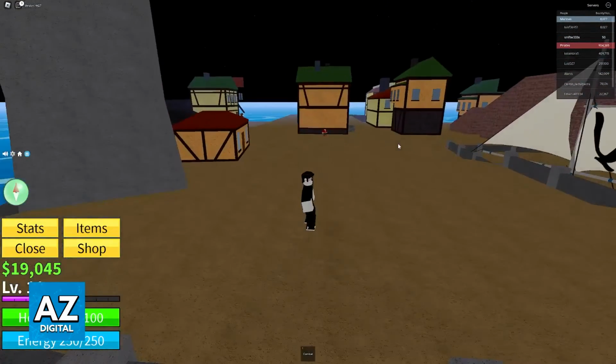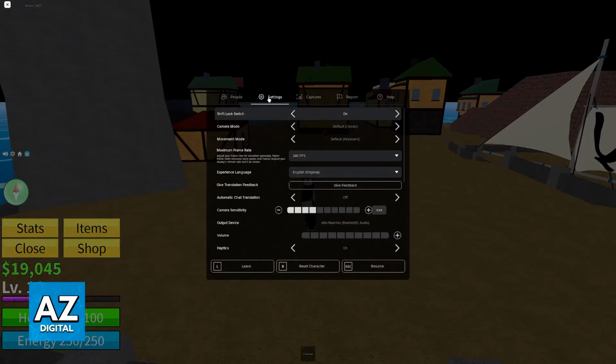All that you have to do is open the pause menu and go over to these settings. This should work for any platform, so I'm doing this process on PC, but it should also work for consoles and mobile. And immediately upon going to these settings, one of the options is going to be camera sensitivity. So you have plenty of preset numbers here that you can modify it to, and you can also input a custom one by using this text box field over here.